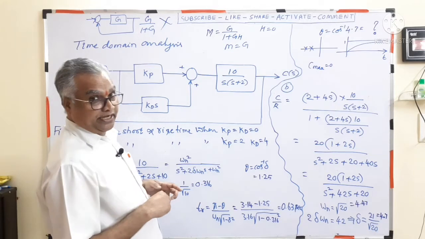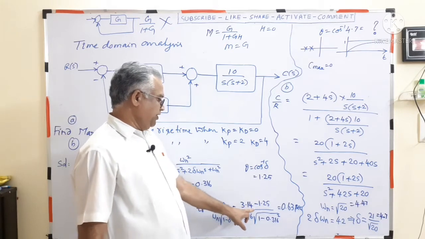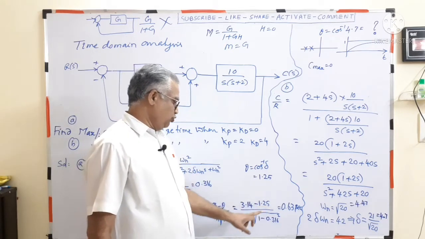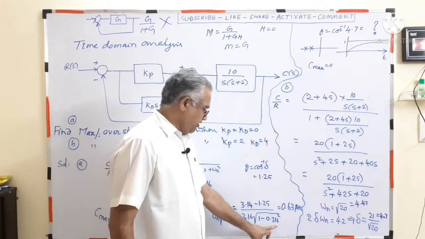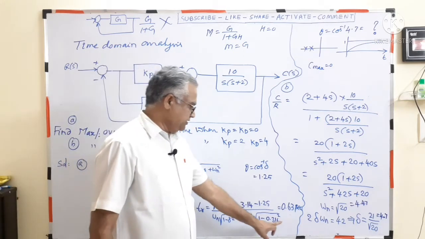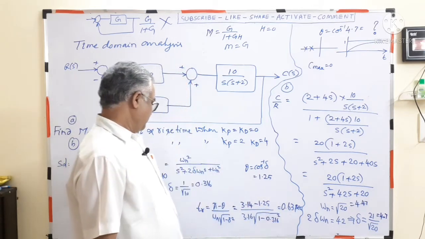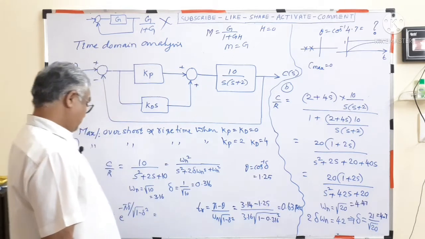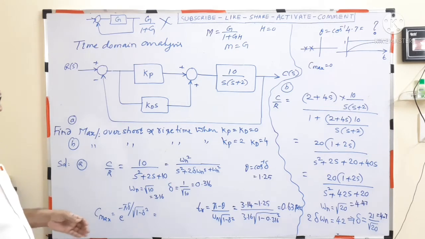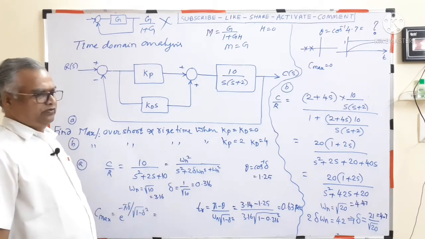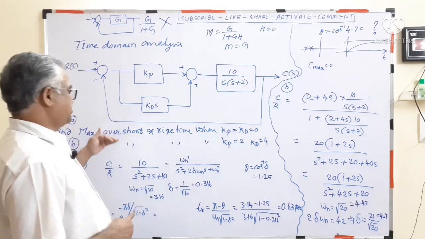So keep the calculator in radians mode. You will get 1.25. So pi is 3.14 minus 1.25, by omega n 3.16 times root of 1 minus 0.316 square. Simplify, 0.63 seconds. So this is the rise time. Like that, substitute delta, simplify, you will get the maximum overshoot, 0.3 something. I did not check it, just to do it. So this is a straightforward A bit.